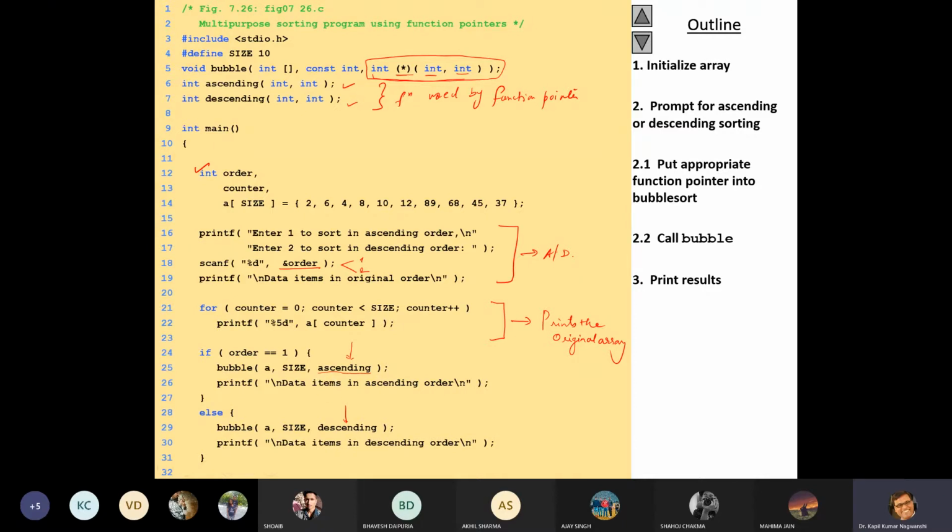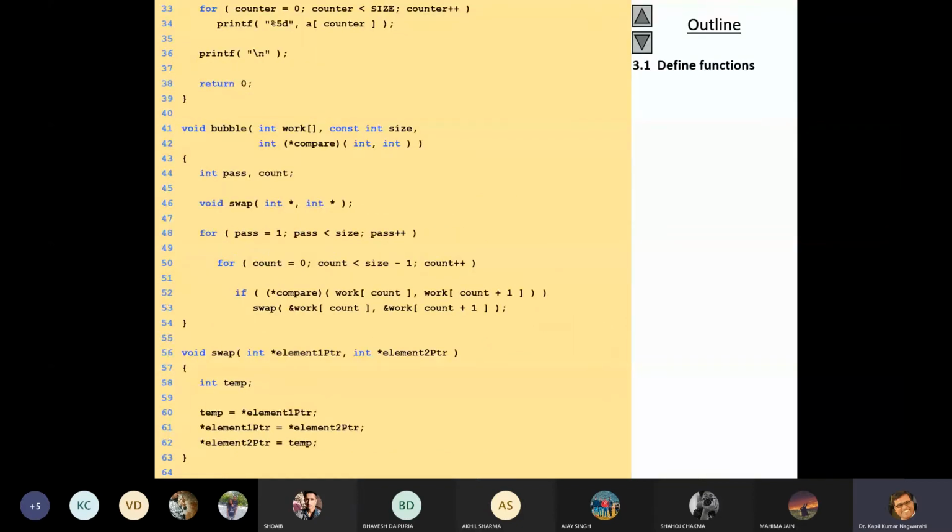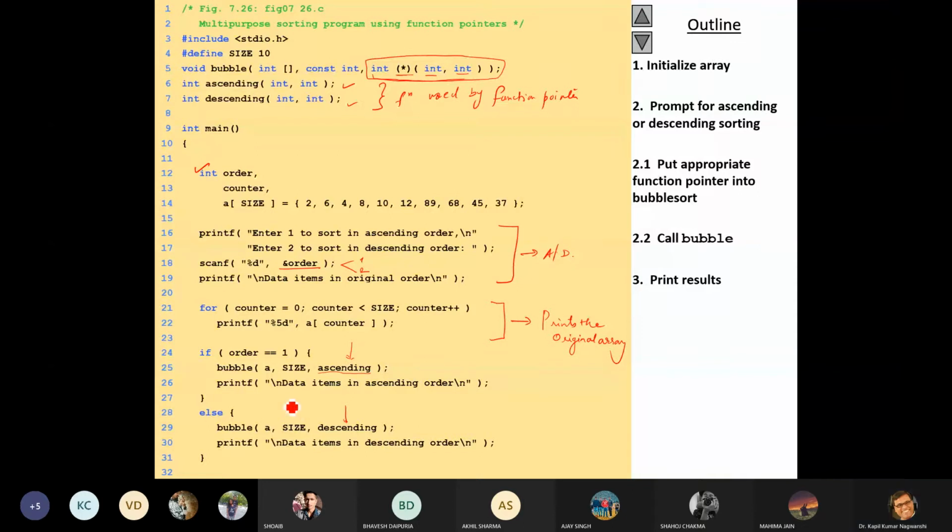Dear, any doubt? No, sir. Up to this place, there is no problem. Now, this is a function pointer, clear? Okay, and here the name of the function is different. Let us start doing this stuff. And then finally, we got the elements, because it is an array related operation.